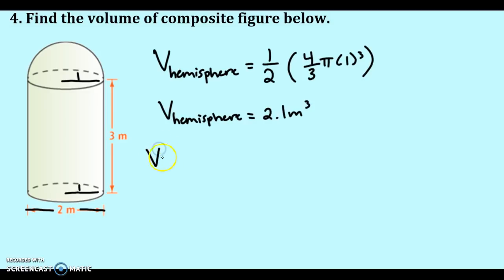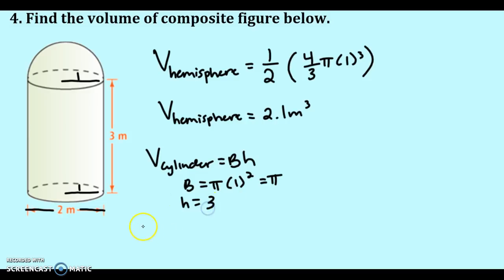If you remember, back to when we talked about cylinders, the volume of a cylinder is the area of the base times the height. Well, in this case, my base is a circle, so that's pi times the radius of 1 squared, which is just pi, and then the height is equal to 3. So the volume of that cylinder is going to equal pi times 3, which is about 9.4